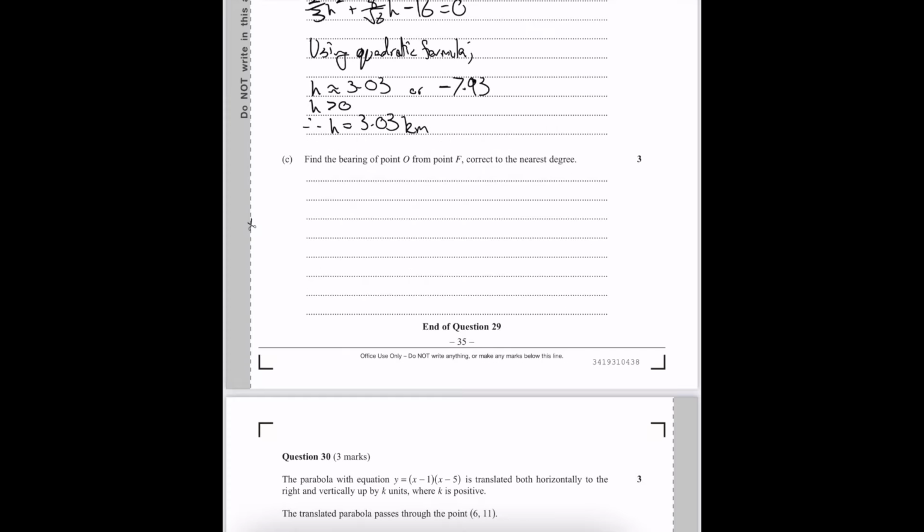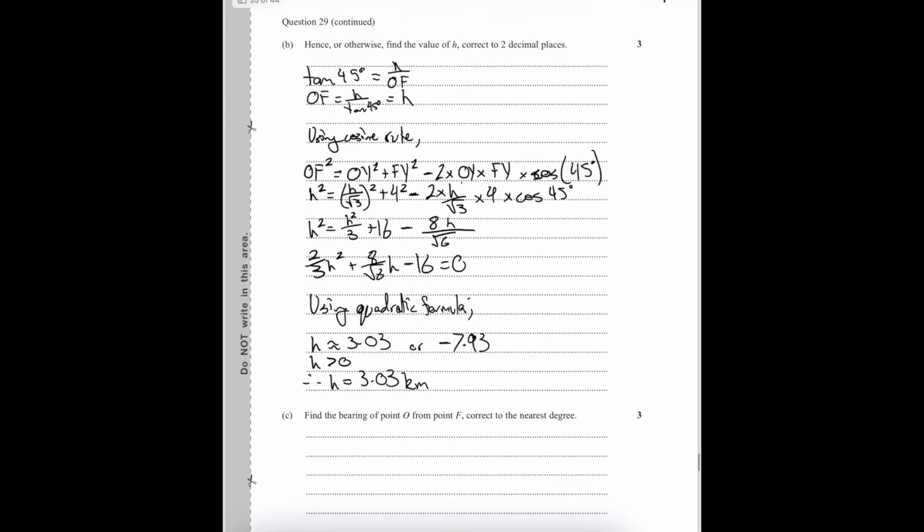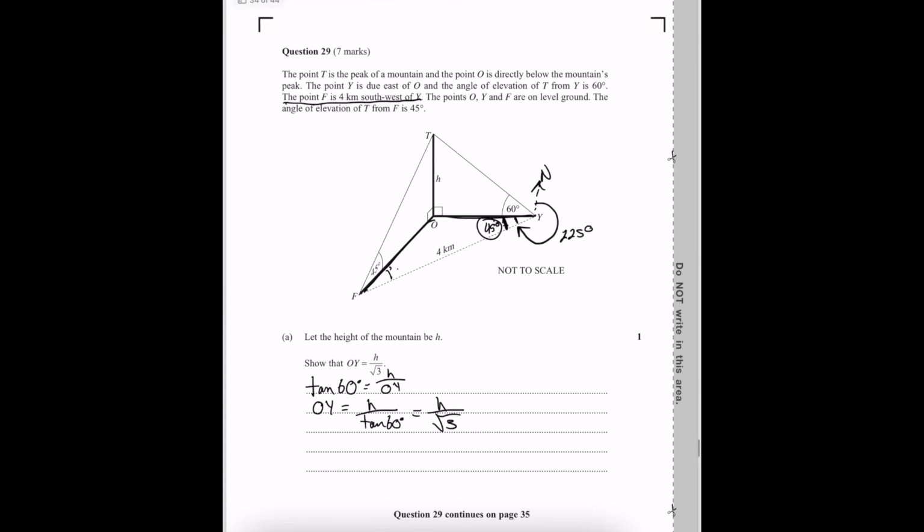Part C says find the bearing of point O from point F, correct to the nearest degree. So that is going to be this here. So if we say that's north, it's going to be this bearing here, or this angle. And what we're going to do is use the sine rule to find this angle and subtract it from 45 degrees, and that will get us this. So what we need to realize, I think, is that